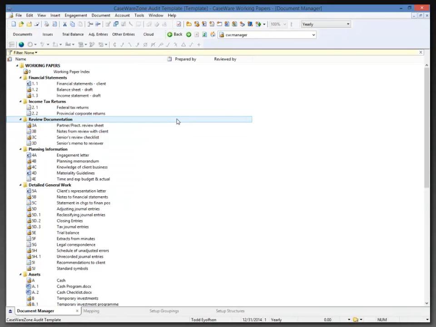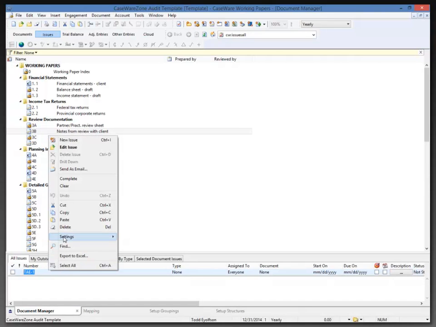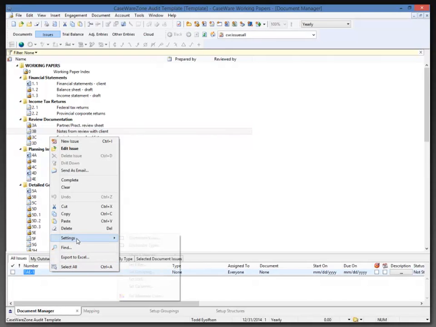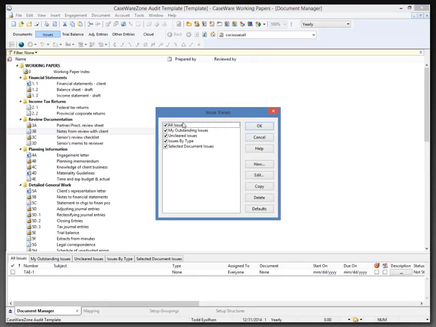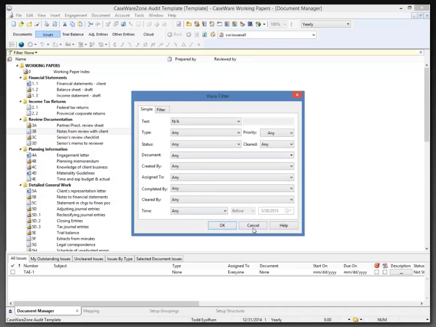Another area that can be predefined before the files are created is the Issues area. So turning on the Issues, I'm also going to right-click in the Issues area and go to the Issue Settings. We can use this area to customize both views and types. Now, the views are the tabs that you see in the Issues panel down in the split screen at the bottom of my screen. So if you wanted different columns or another tab here, you can simply right-click and select Settings, Customize Views, to either edit an existing view, copy an existing view and edit the copy, or create a new view, providing a name and identifier, and filtering based on the information that we want to see within that view,